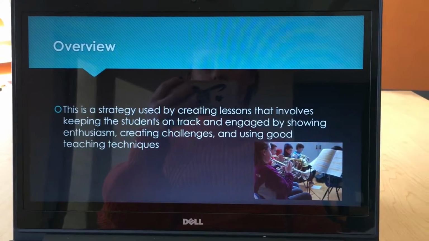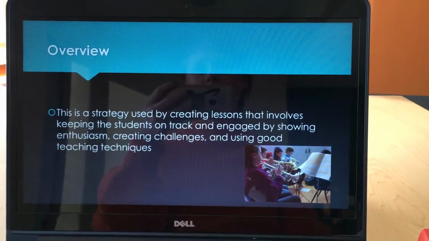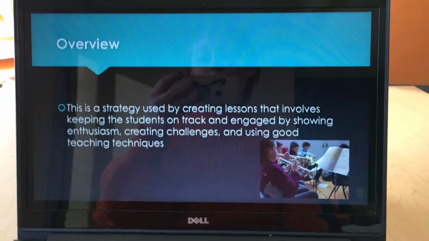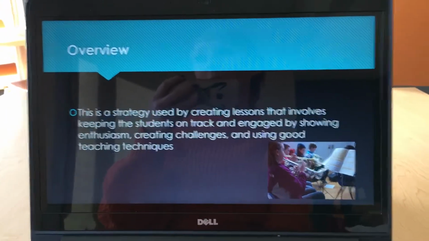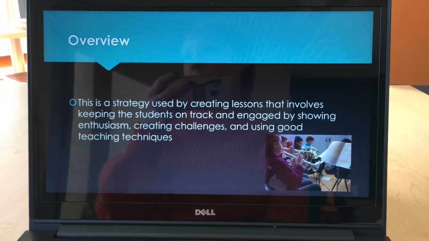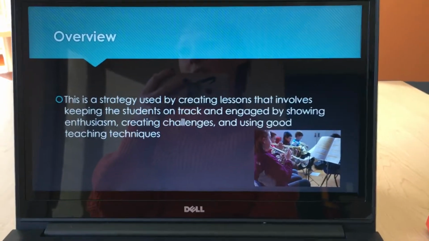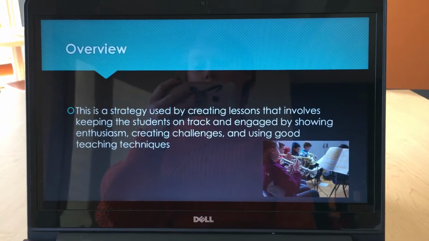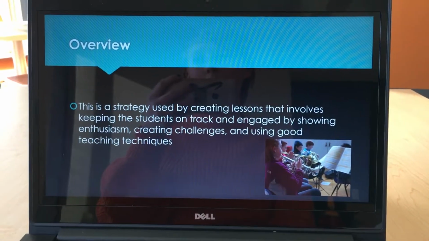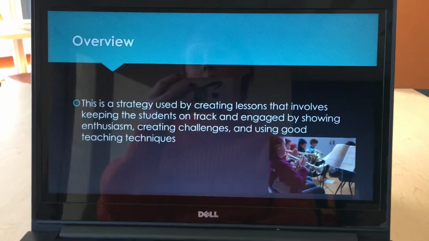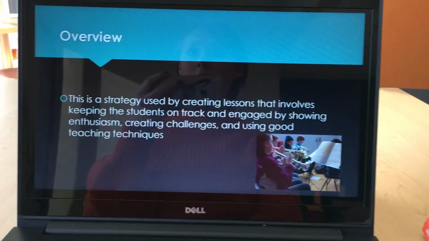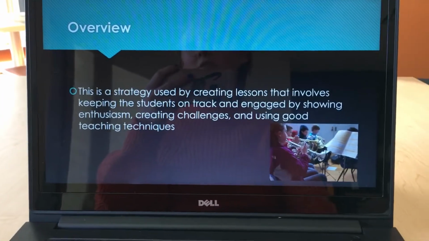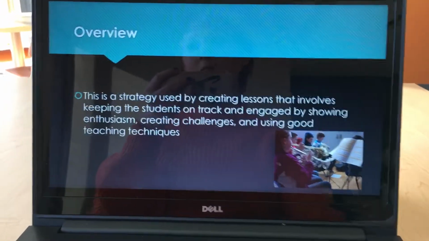And by showing enthusiasm, giving them pieces that are fun, not only important to know in their repertoire, but like pop songs from the radio, stuff that they know, not just music from old composers, stuff that they actually want to learn about, especially if they're kids who are just in it for the easy A, so to speak. We all know who those people are. Just to try to get them involved and try to keep them in the class.